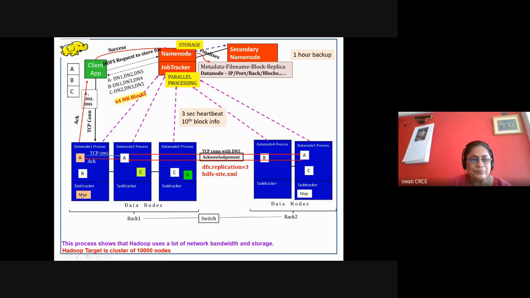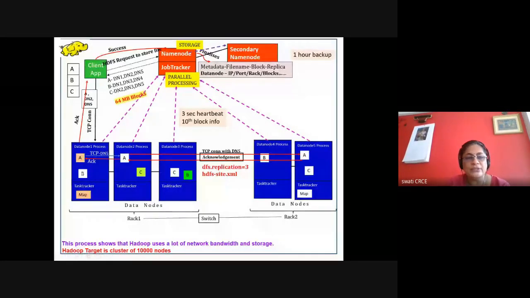You run this program on this data node for A. Plus it will tell it to run the same code on the other block B. Like this it will inform. B can also be on data node 3. If data node 3 is the primary for block B, then the map will go there and operate on B. But in my example I've taken DN1 as the primary, so it will tell this machine to run this mapper to work on A and on B and to generate the intermediate results.